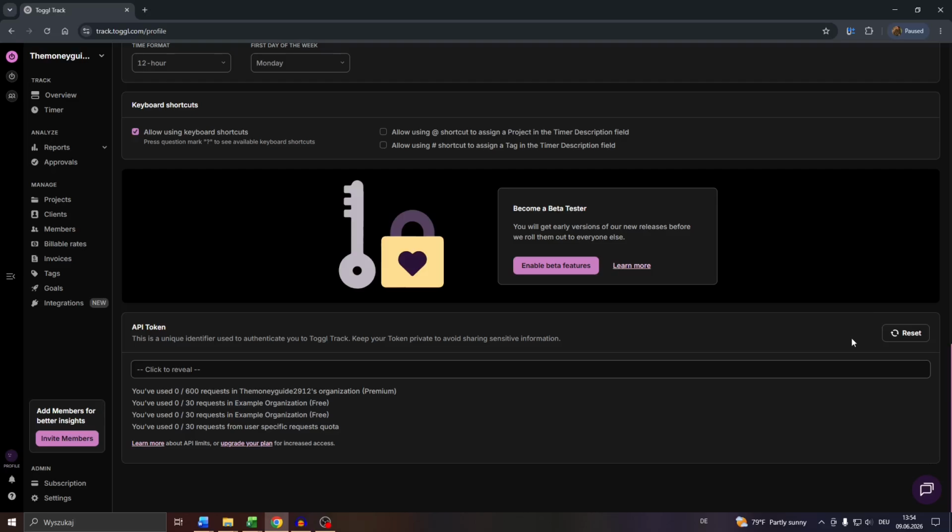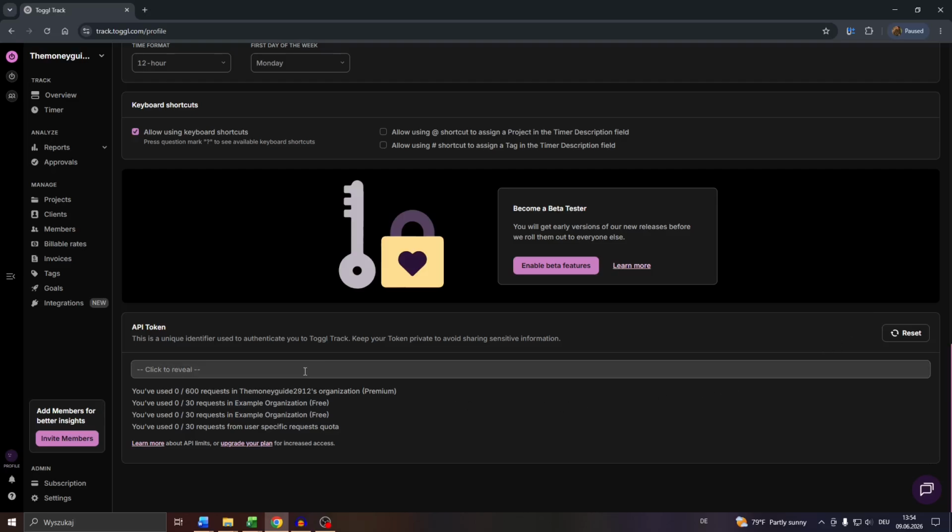section, and there are two options how you can do this. You can click into this button or this field here to reveal the given API token. Now I'm not going to do this, of course, for privacy reasons, but you can also reset the API token